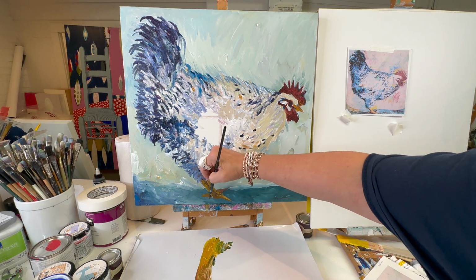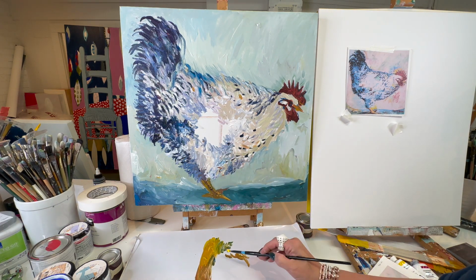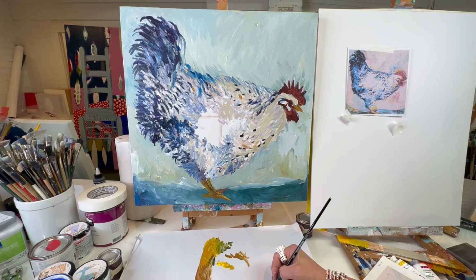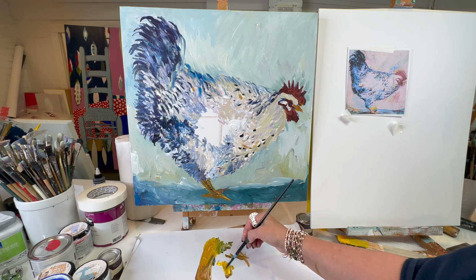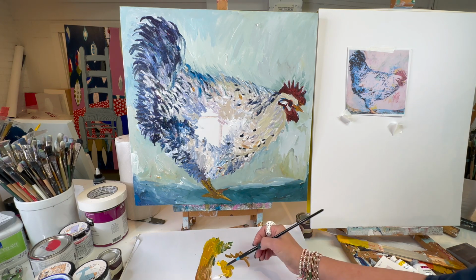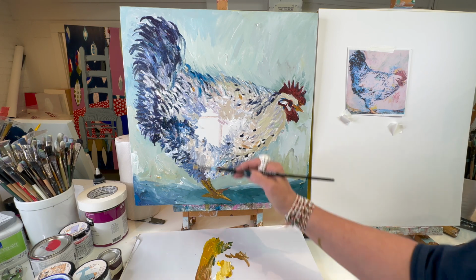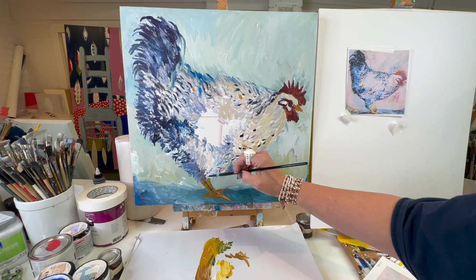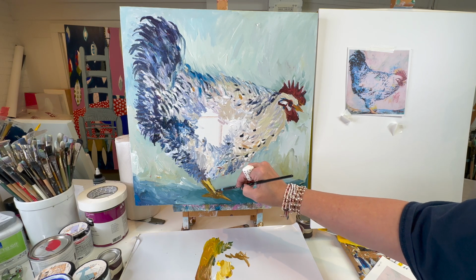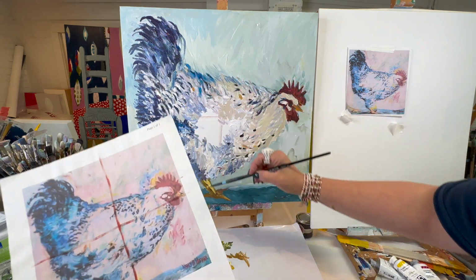Okay, so we got our dark color. Then let's make a color that's a little brighter, which means a little less toned down. So the yellow with just a smaller amount of the other two colors and some white. We have a tendency to want to take it straight out of the tube, but that would be shocking looking. Oh, this looks like our highlight actually. So let's look up close. It looks like